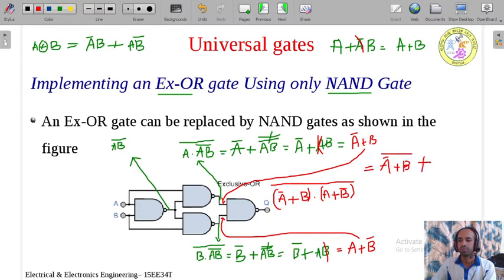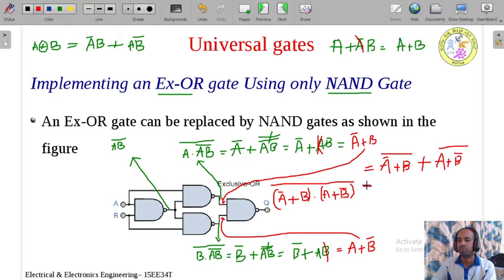plus, the dot is replaced by plus. What is the second thing? Second thing is A plus B bar whole bar. This is the De Morgan's theorem. Now again we need to simplify this expression. So again I will apply the De Morgan's theorem.